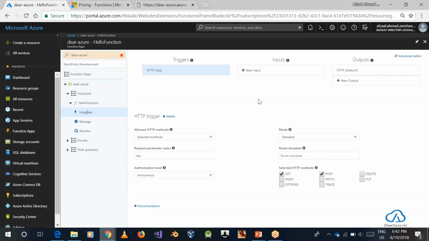And since we have already seen that the outputs can be on HTTP, the inputs can come from blobs or any of the storage capabilities. For example, if you have some news or articles created on Azure storage, you can read everything from the Azure storage and return it in JSON format, let's say, on the HTTP. That is one of the ways in which you can integrate Azure functions into your mobile application, as a web API up front.